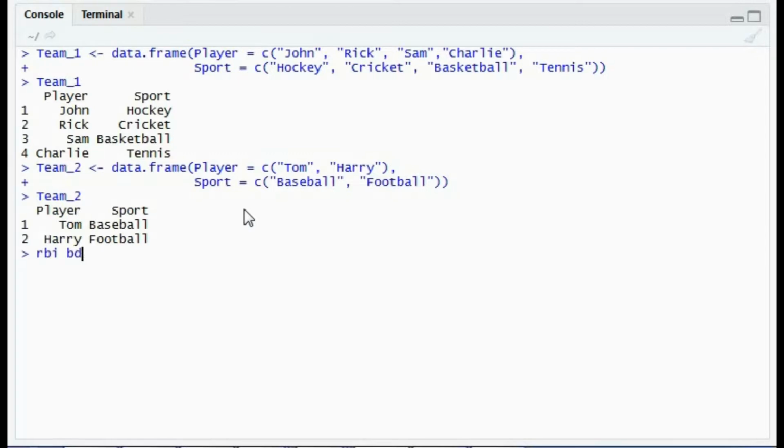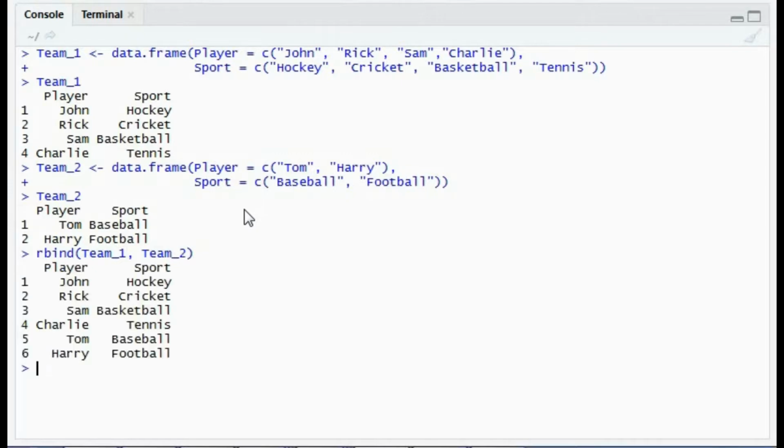So we have rbind and I have to give the data frame names team1 and team2. So it is going to bind together the rows and a data frame will be returned which has information from both the data frames. Similarly, if we have the same number of columns and column names, we can bind two data frames, matrices or vectors together.